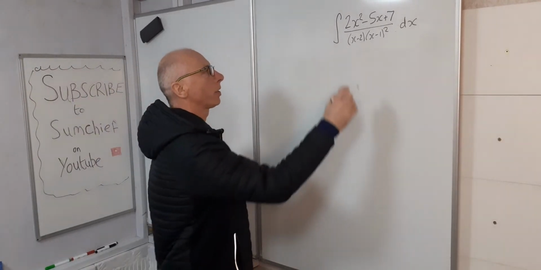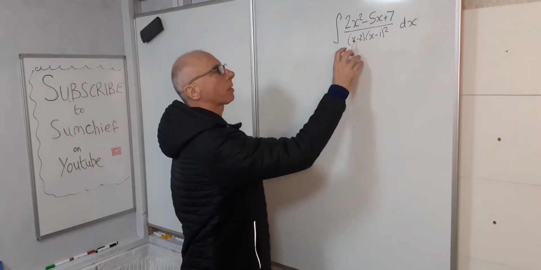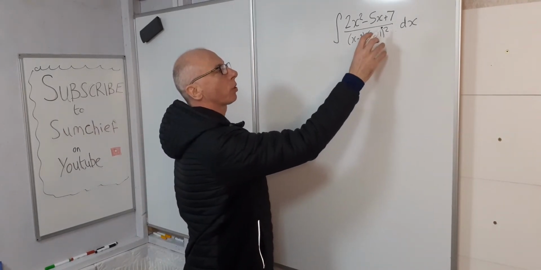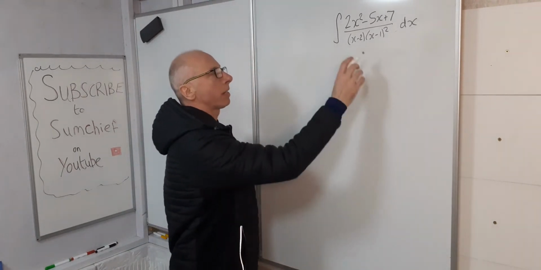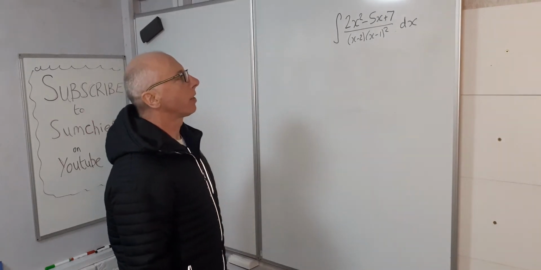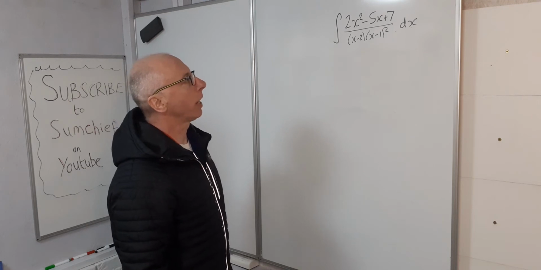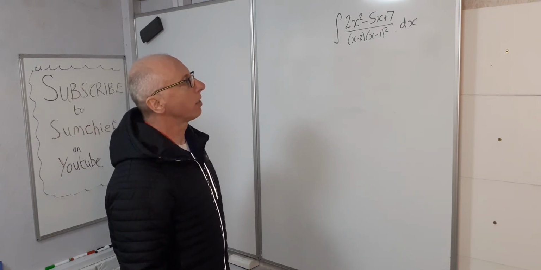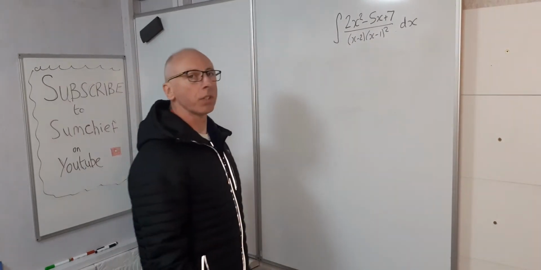Okay, so today we're going to integrate (2x squared minus 5x plus 7) over (x minus 2)(x minus 1) squared with respect to x. So we've got basically x cubed in the bottom, x squared in the top. So the denominator has a higher index than the numerator, and we can't integrate this yet, so we're going to have to use partial